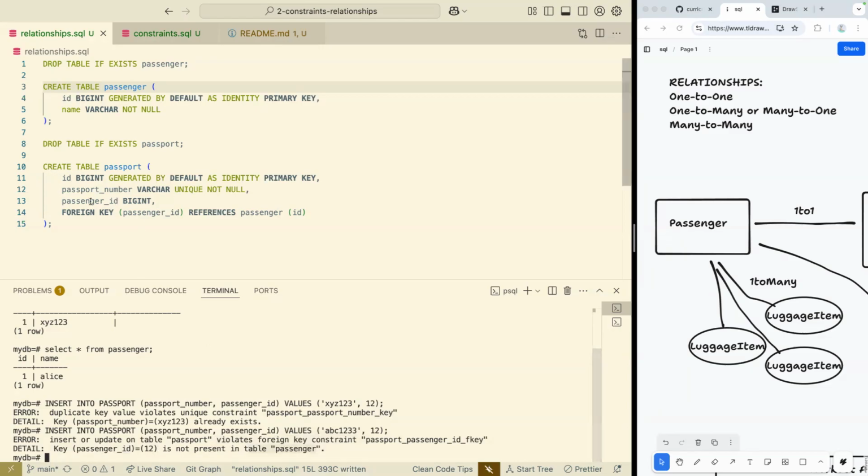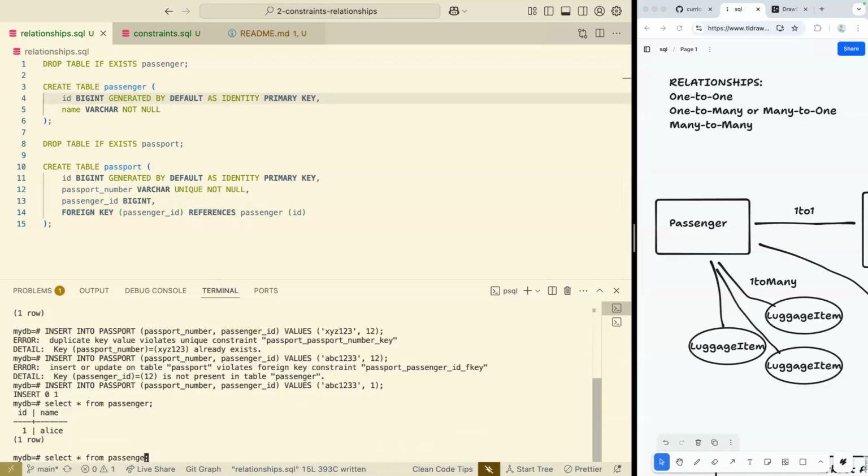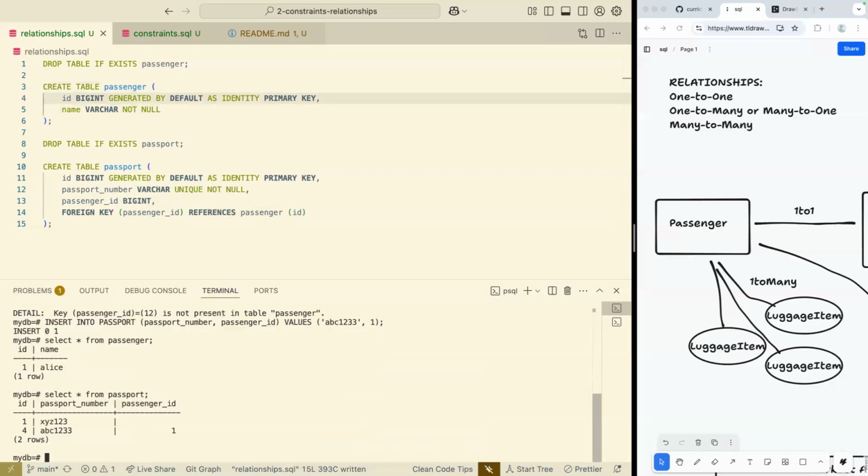Key passenger ID equals 12 is not present in table passenger. So what a foreign key does give us is, since it establishes a relationship between these two tables, if I do pass a foreign key value, it has to be for a passenger that actually exists. So it has to be a real existing valid passenger ID. Right? So if I do that, now we're cooking, and I can do select star from passenger, and that's the